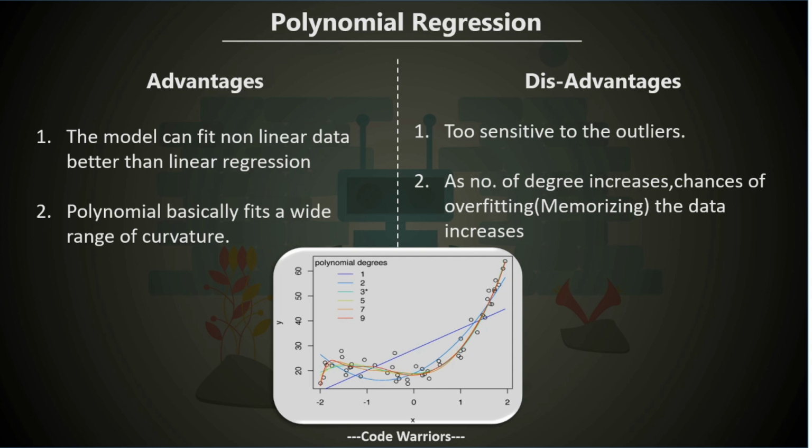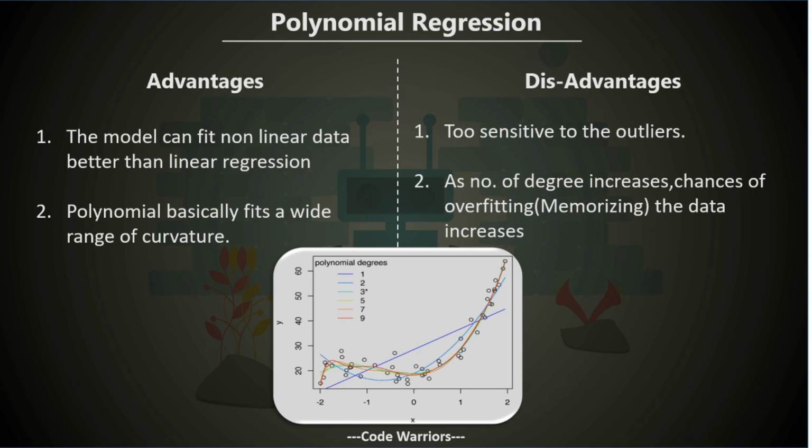Our polynomial degree is a hyperparameter in this model, and we need to fine tune this hyperparameter in such a way that it will fit the data points in the best possible way. If you keep on increasing it further, it's going to create a nonlinear machine learning model which covers almost all the data points of our training set, and it's going to overfit on them. As you can see in this image, as the degree increases, it's trying to pass through data points as much as possible. For the polynomial degree of 9, it's trying to pass through literally most of the data points available in our training data, and that is referred to as overfitting.